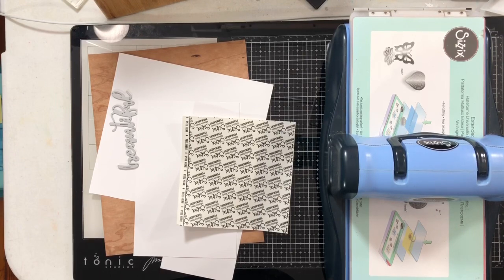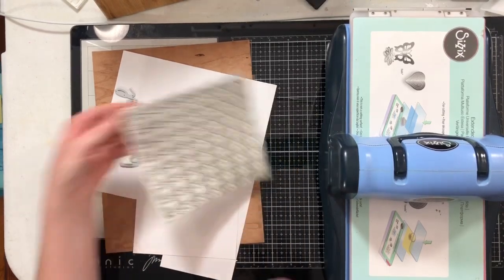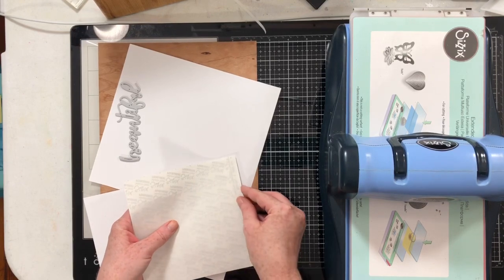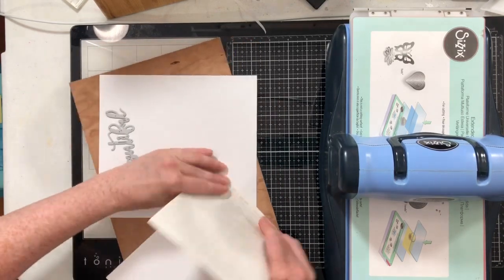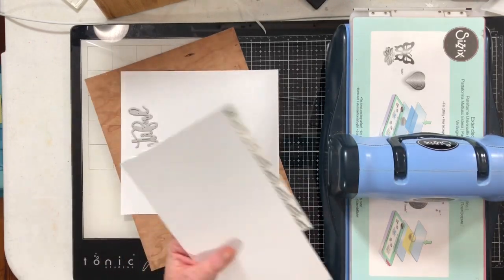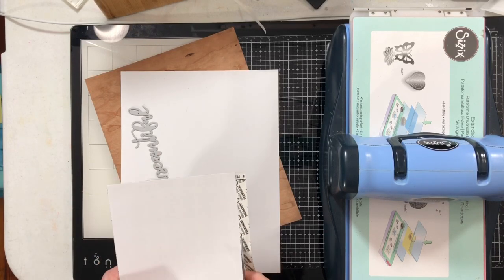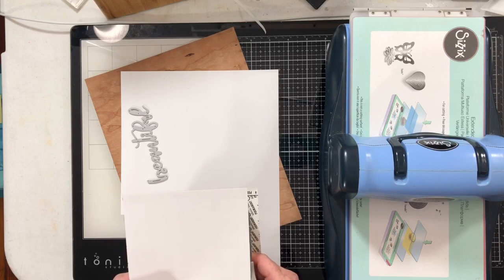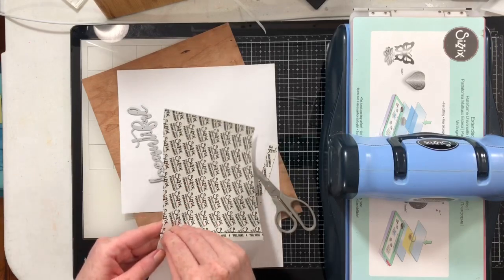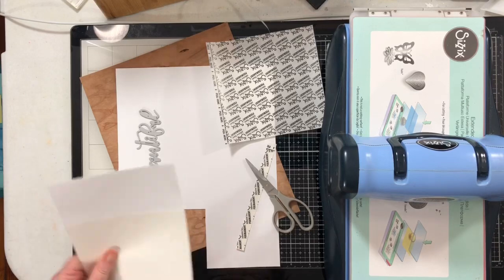I'm going to use some Sizzix 6x6 adhesive. I'm going to put it on the back of one of these white cardstock sheets, and then I love this because now I just have this entire adhesive backed paper that I can use to go ahead and die cut with, and then I have stickers that I can stack. Very easy. So I'm just going to run this beautiful die set 3 or 4 times through my die cut